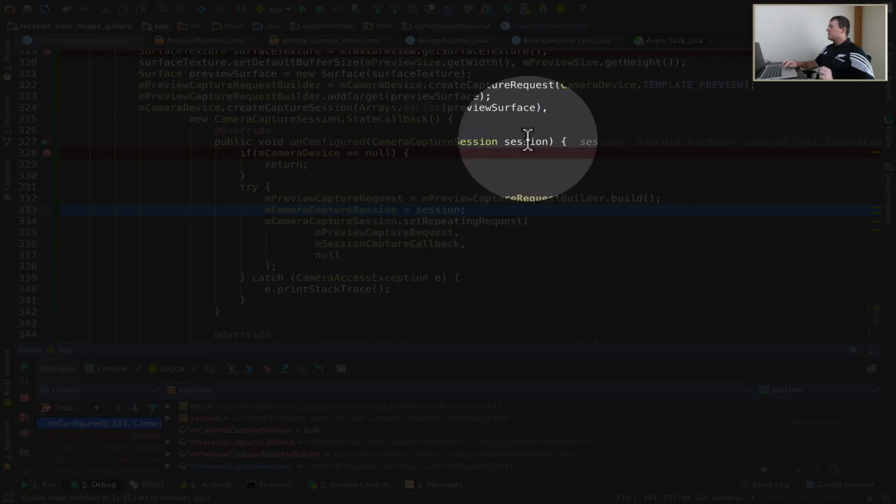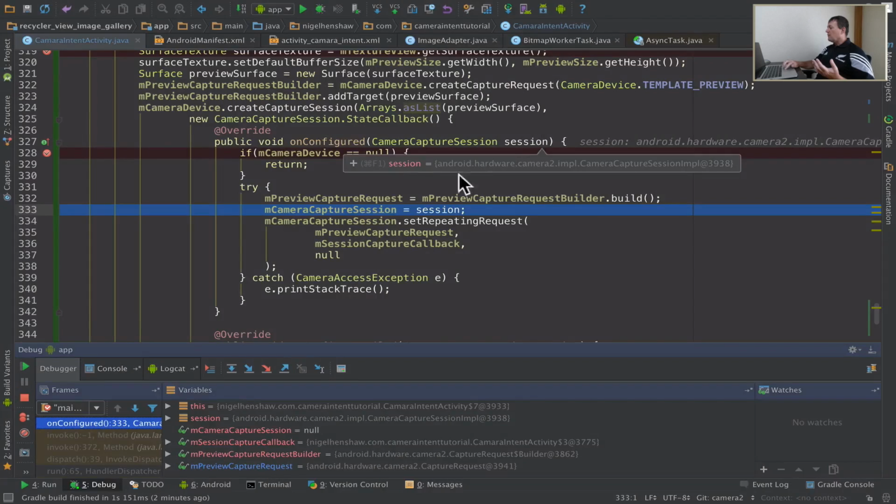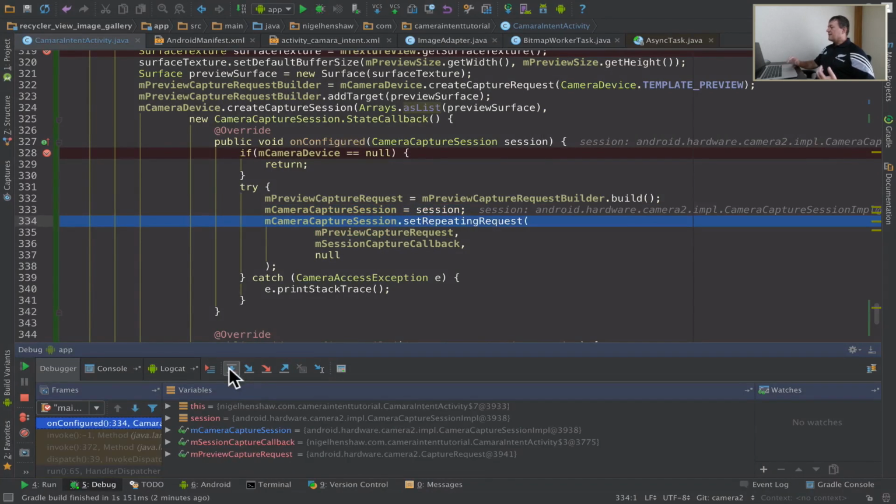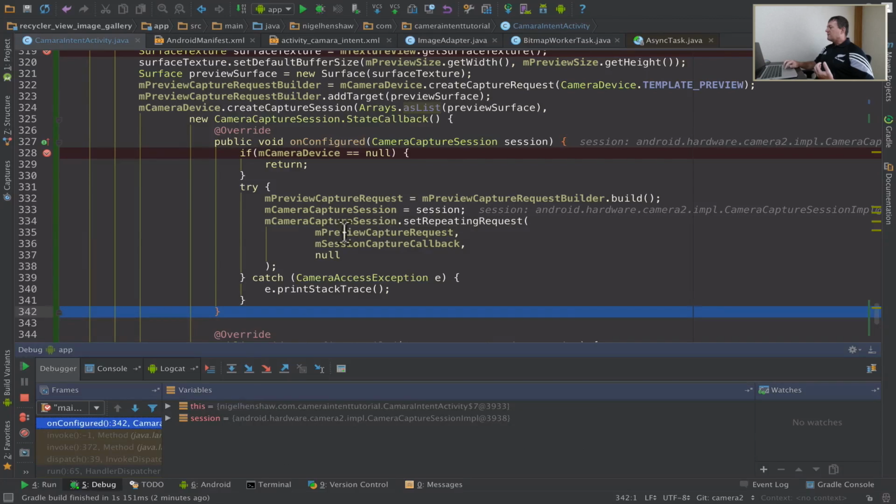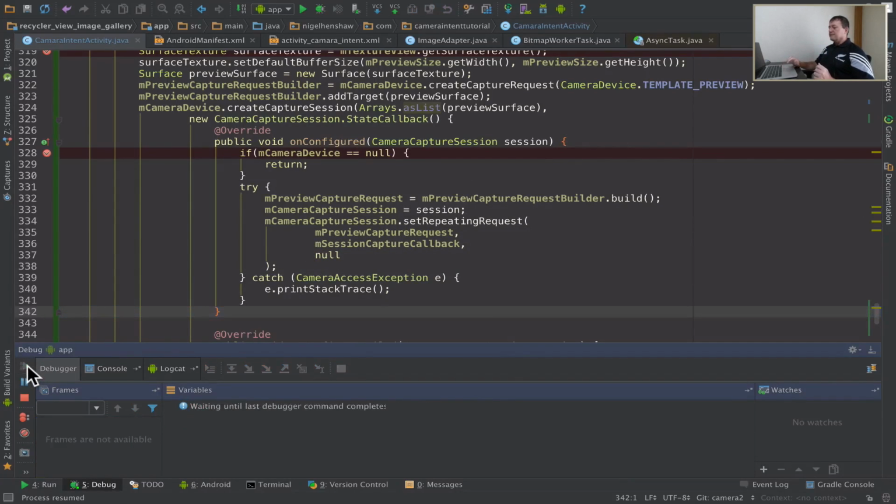And then up here we've been provided a working session from the callback, and we assign that to our member. And then it's a matter of setting up this repeating request of continuous flow of images, and we're passing in the capture request and the capture request callback that we just set up before, and we carry on executing it,